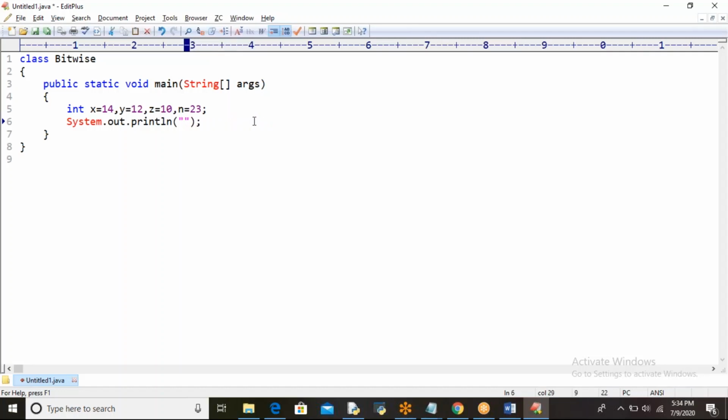So x bitwise and y. X bitwise and y is equal to, plus x bitwise and y.